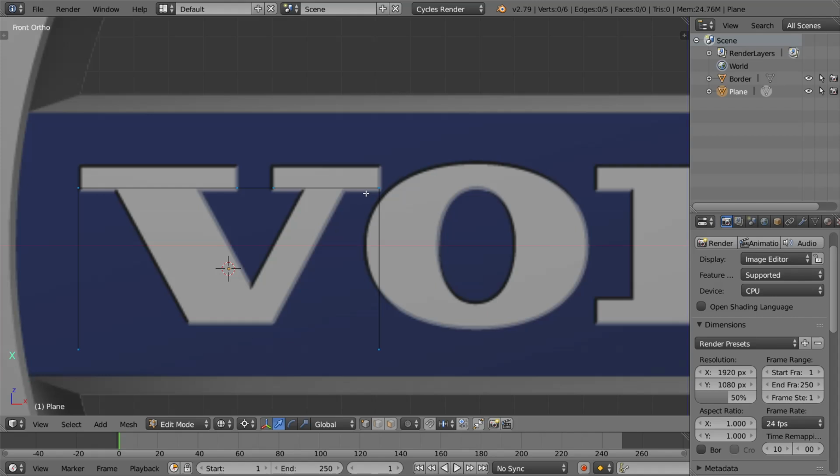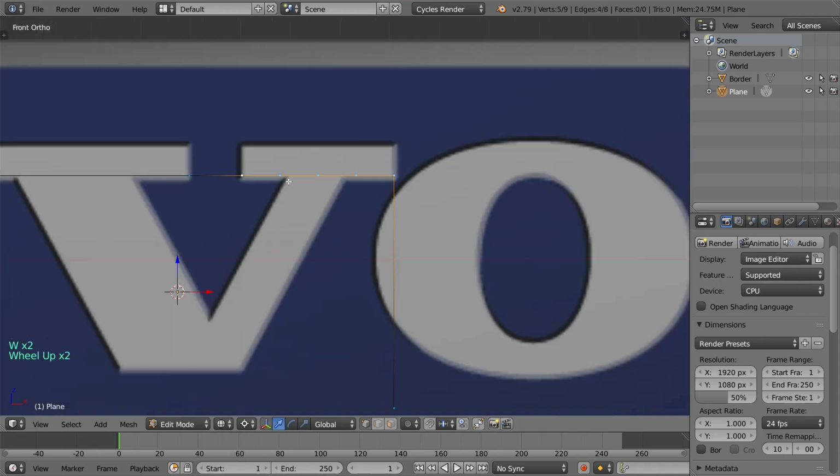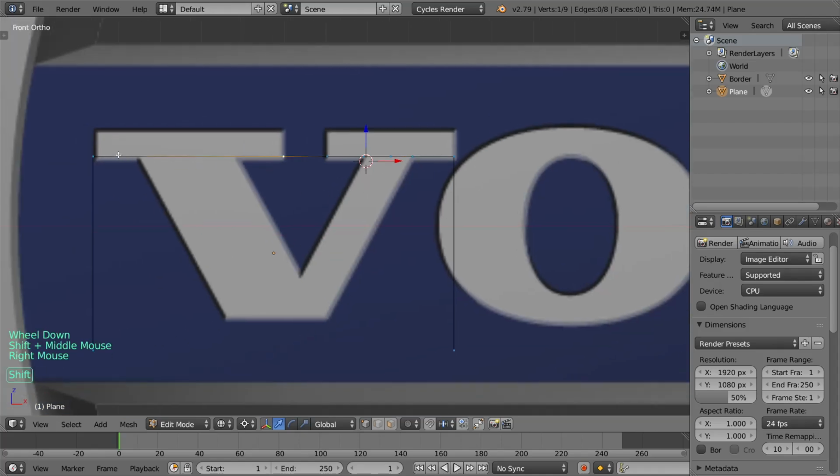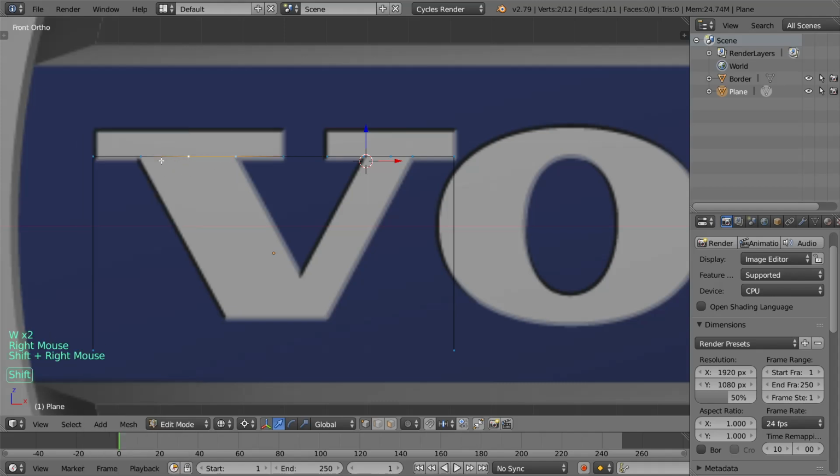Let's move or add subdivide, and here we will move in the X, and here we move here, and after that subdivide, and now we can extrude,